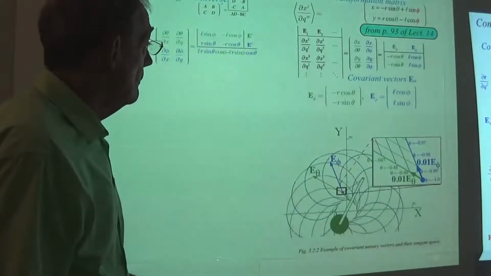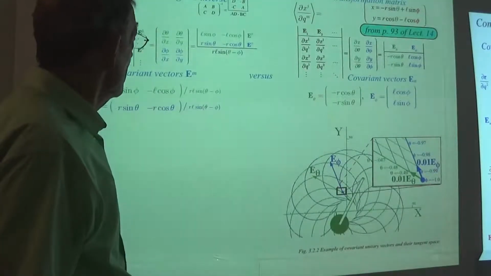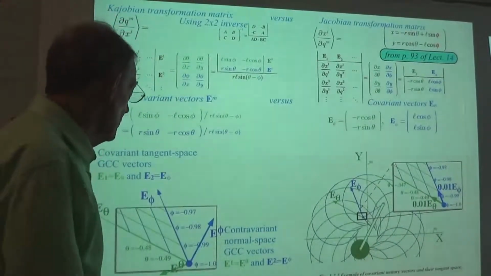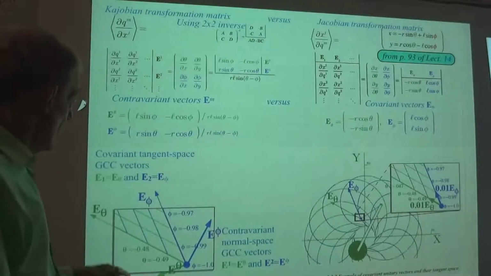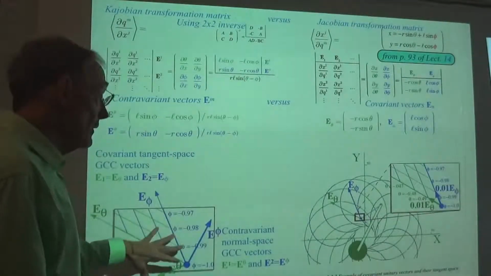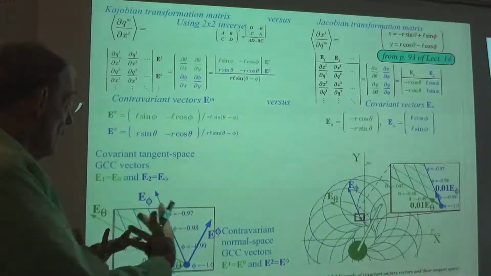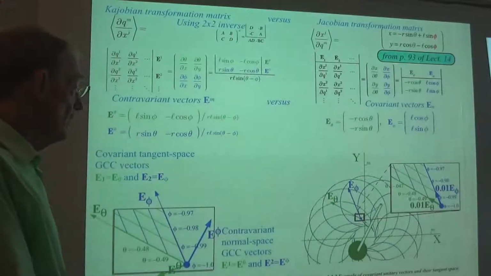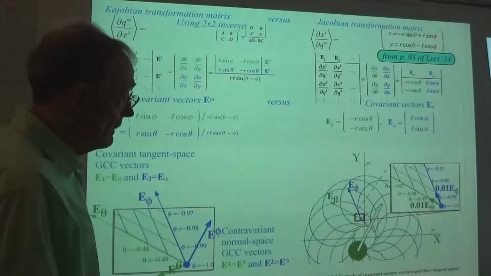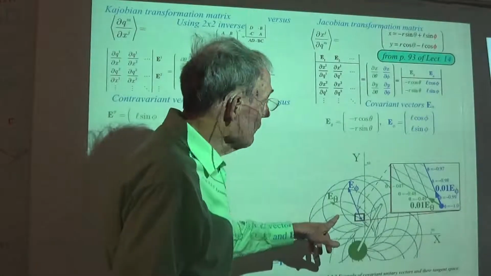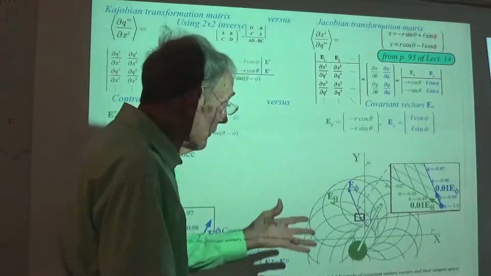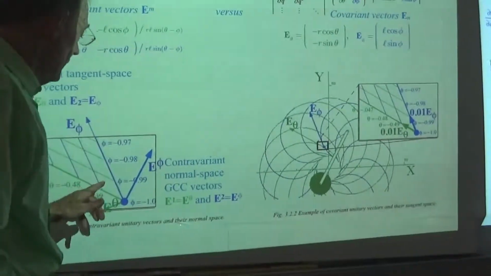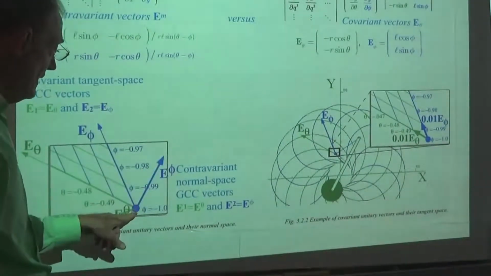Okay, so I'm getting ready over here to put the contravariants up, but there's what we just talked about on the covariants. Here come the contravariants. I put the covariants in there just for the sake of it, and they're, as they say, the ones that enclose the actual coordinate grid that goes with the problem. Makes a lot of sense, and this is why they're good for Lagrangian mechanics. And right here, I'm showing where they live, but this one has got E super phi here, and it's constant. It's a gradient of